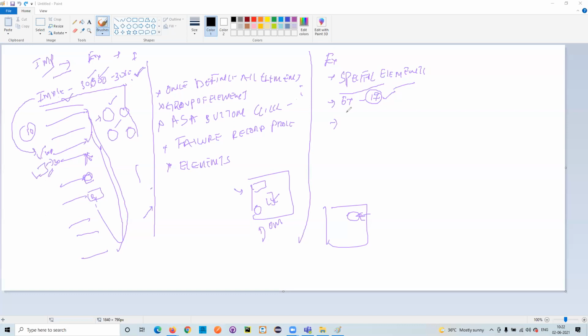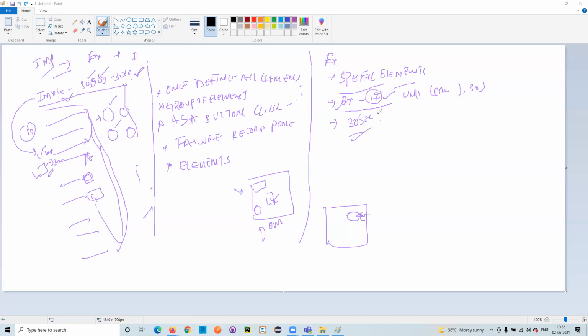How you write the wait statement is, I'll say "until," which is a method. We pass the condition, saying the presence of this particular element, and how much time I need to wait, I'll give 30 seconds. For this element it will wait up to 30 seconds. If the element occurs in the first second, it will click it and go on. If the element doesn't come, it will wait for 30 seconds in the browser.